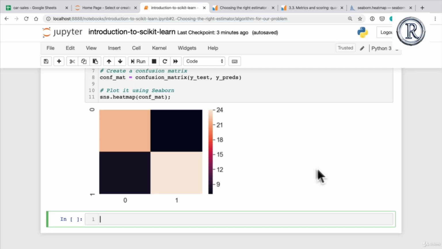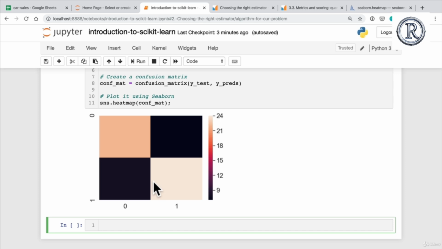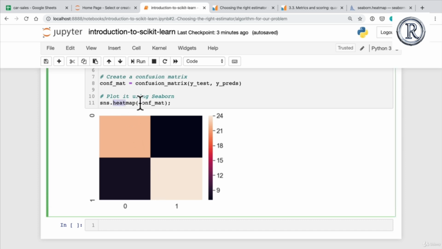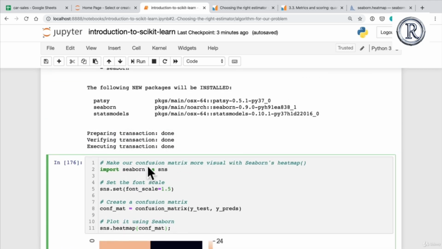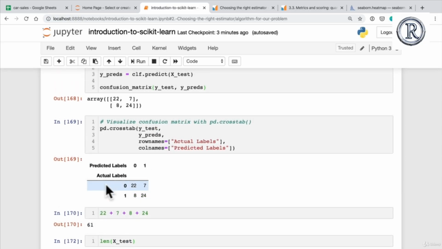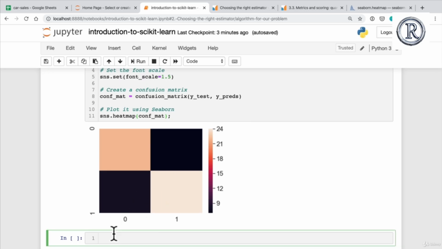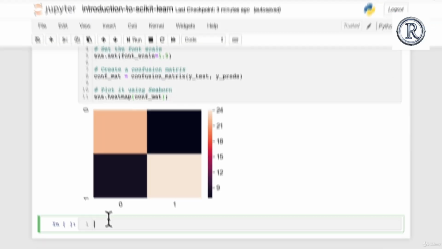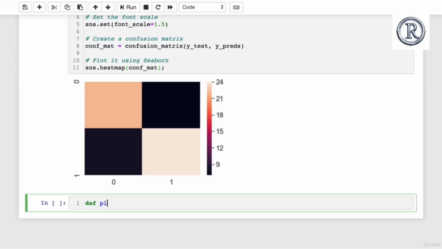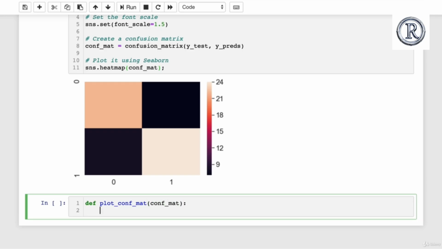Welcome back. And in the last video, we saw how to create a confusion matrix with Seaborn's heat map function. But right now, our confusion matrix using Seaborn is not really offering much. Like it's blank. I'm better off using crosstab up here. But if we wanted to make it a bit more visual, what we might do is add some information to this and functionize it, because if we want to plot multiple confusion matrices, it's good to have it in a function. So let's make it plot confmat, and we'll pass it a confusion matrix with the variable name confmat,